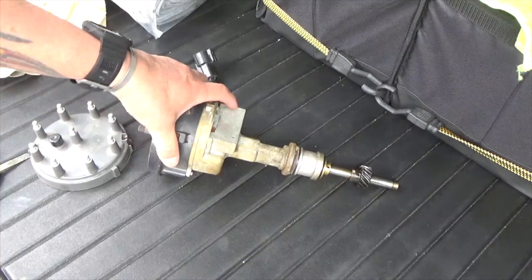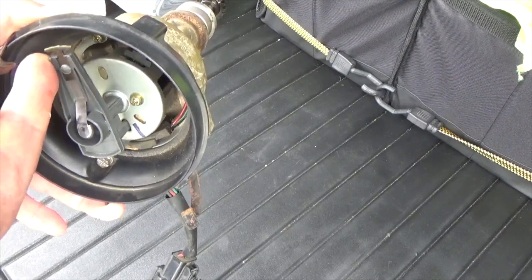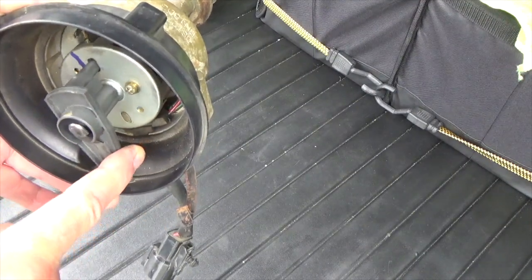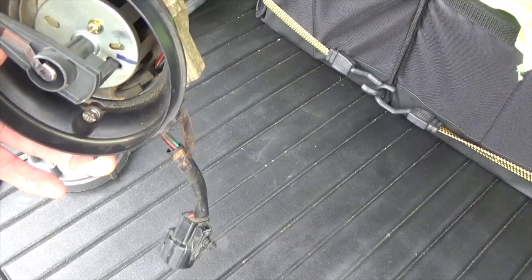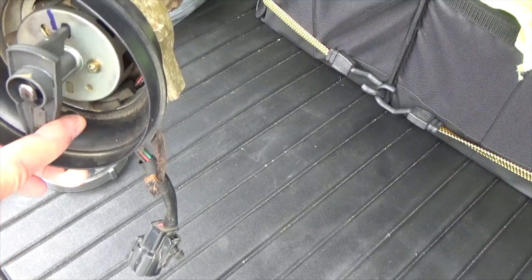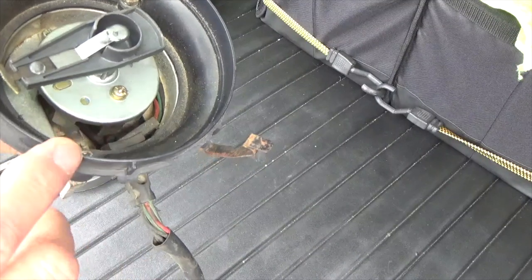So guys, this is the distributor, and look at how tough it is to turn this distributor. Look at how tough it is to turn this guy with one finger. Look at this thing. I'm really applying like 5, maybe 10 pounds of pressure here to turn this distributor. Okay, this is a distributor for that Ford F150, and the one we was losing the